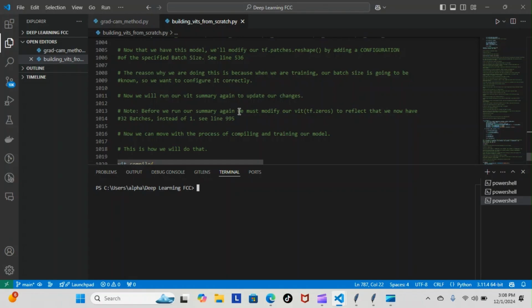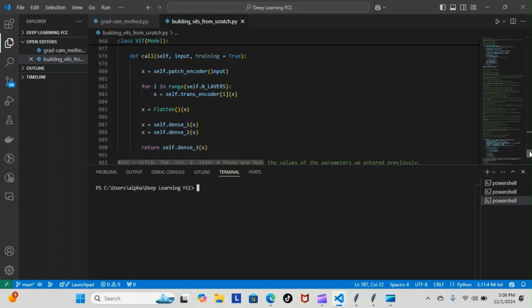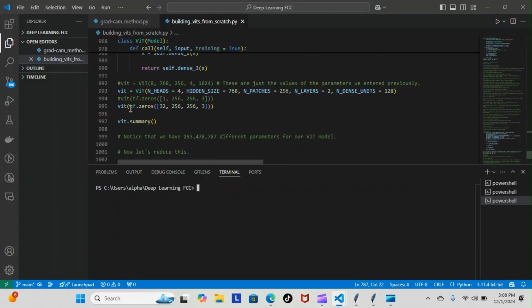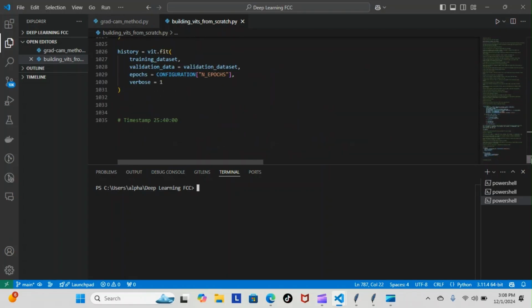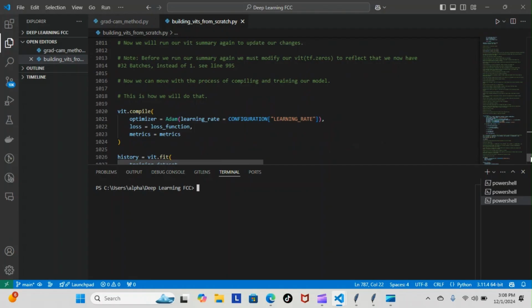Before we run our summary again, we must modify our tf.zeros to reflect what we have now. Let me show you that really quickly on line 995. So you can see originally it was tf.zeros 1 by 256 by 256 by 3. But now we have 32 by 256 by 256 by 3, with 32 reflecting our new batch size that we added. So now we can move forward with the process